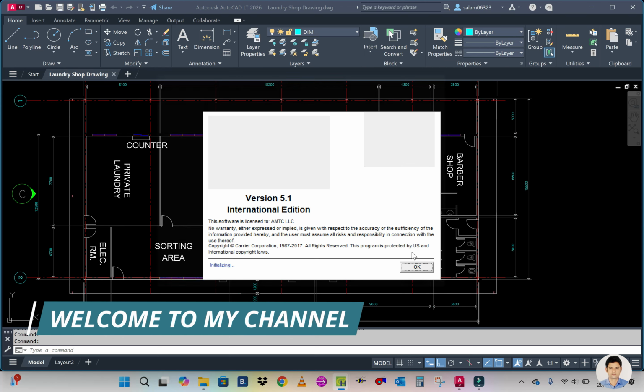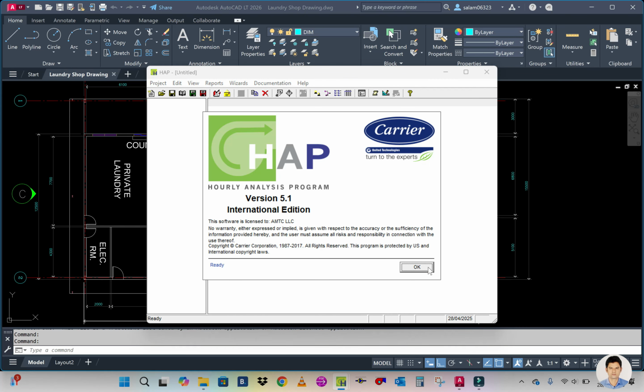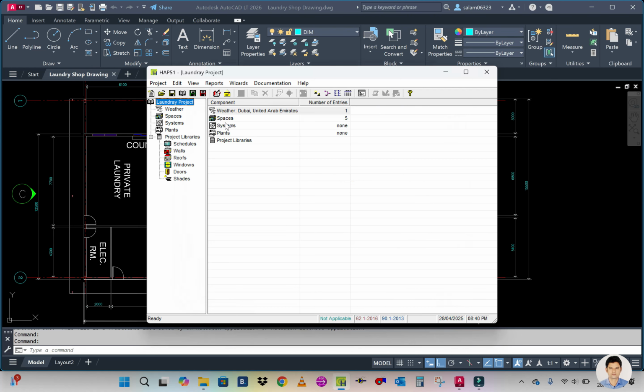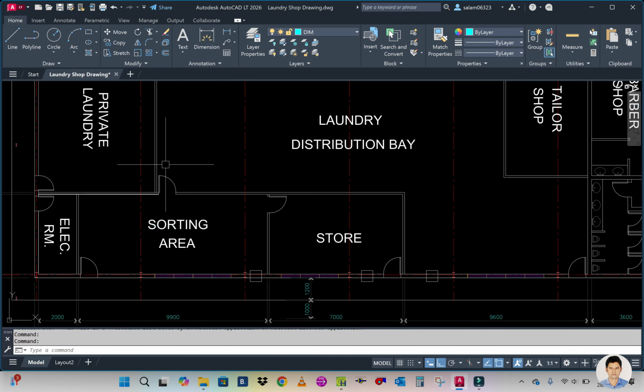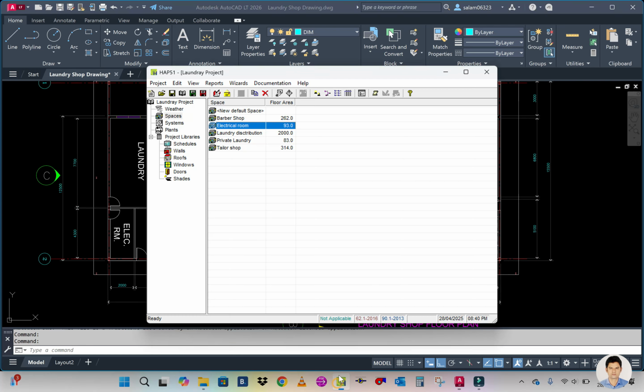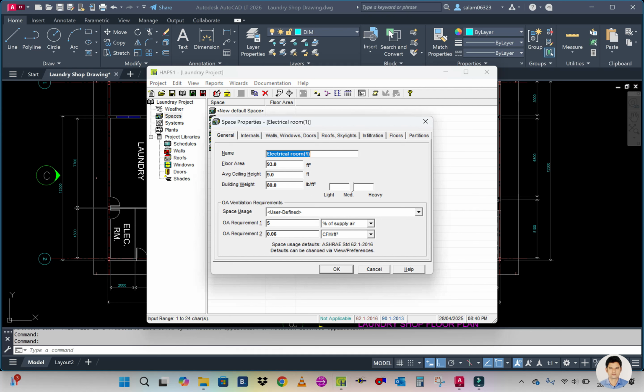So today I'm going to continue with this cooling load calculation. Let us open this project, the laundry project. Here you can see we have created a number of spaces, starting with this electrical room. Next is the sorting area. Let us start with the sorting area. Just duplicate this electrical room,